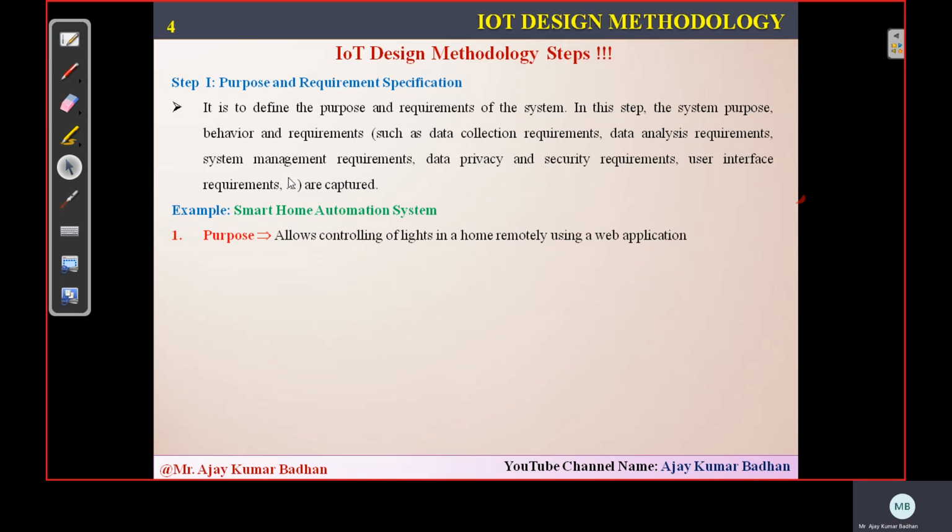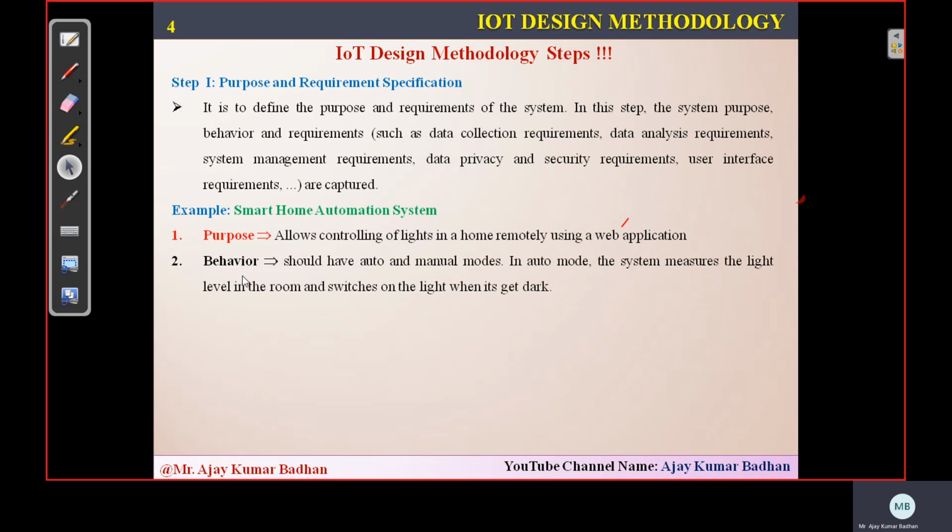Now, basically, what is the purpose? For this example, we set the purpose. What is the main purpose of this particular smart home automation system? We want to control the lights in the home. As I told you, we are going to do that with the help of a web application. So what exactly we want to do is control the lights based upon our requirements. We don't want to go every time to switch the light on or off. Based upon the scenario and the conditions we have provided, the IoT system should itself either turn off the light or turn on that particular light automatically. So that is the reason we are doing it.